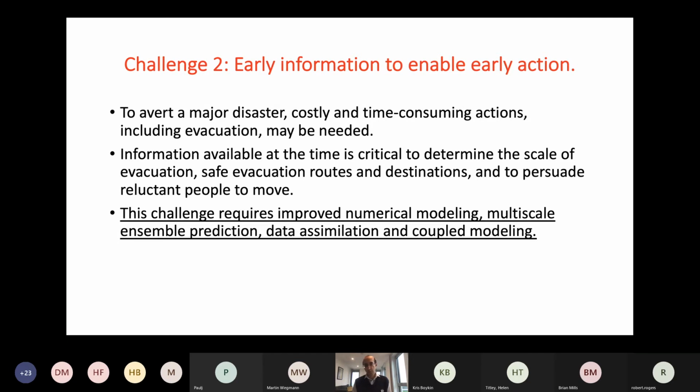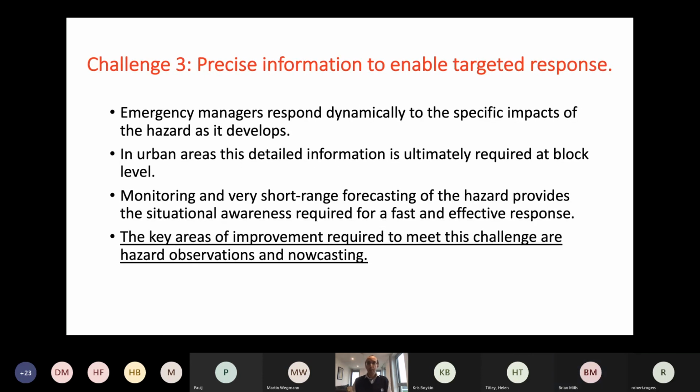And so this is on the shorter timescales, and this involves improved numerical modeling, multiscale ensemble prediction, data assimilation, and the coupling of atmospheric modeling to the hazard modeling. The third challenge is much more local, and this is to enable a more targeted response, even at the block level in urban areas.